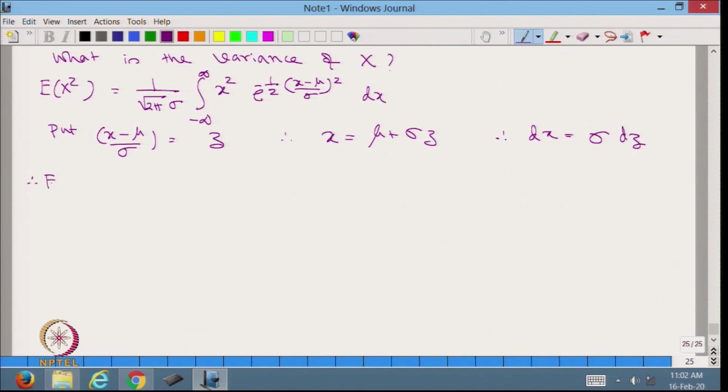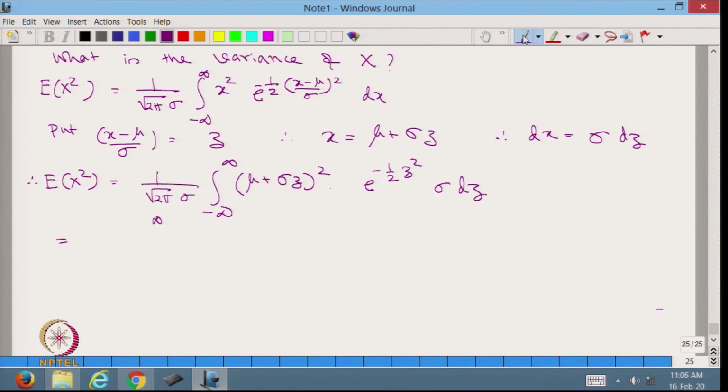Therefore, the expected value of x square is equal to 1 over root over 2 pi sigma integral from minus infinity to infinity of (mu plus sigma z) whole square into e to the power minus half z square sigma dz, which is equal to 1 over root over 2 pi integral from minus infinity to infinity of (mu square plus 2 mu sigma z plus sigma square z square)